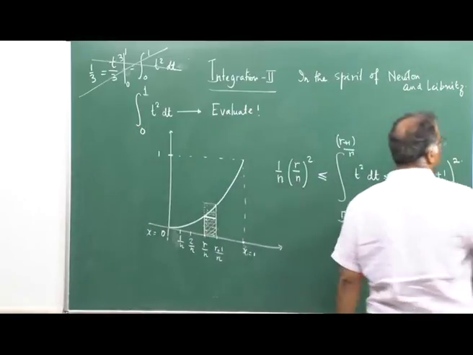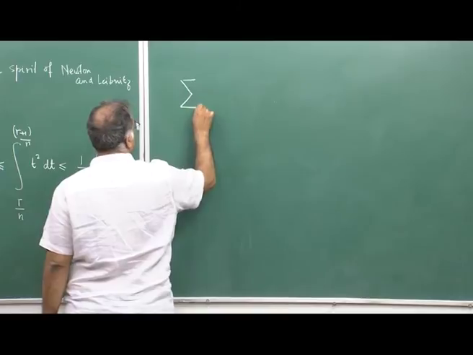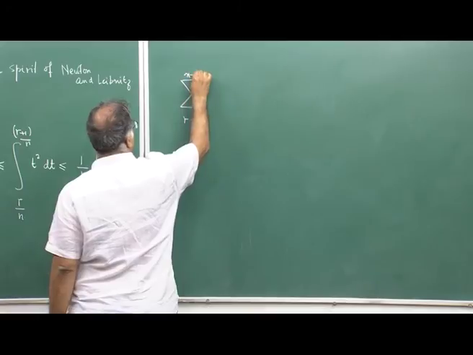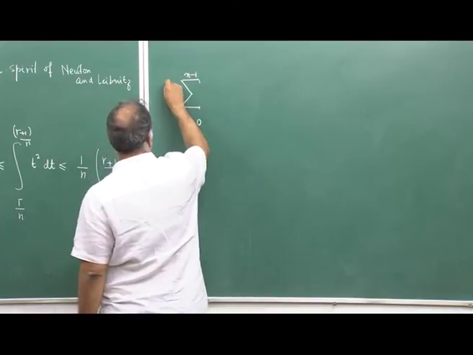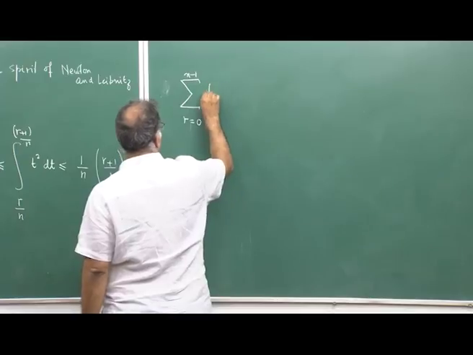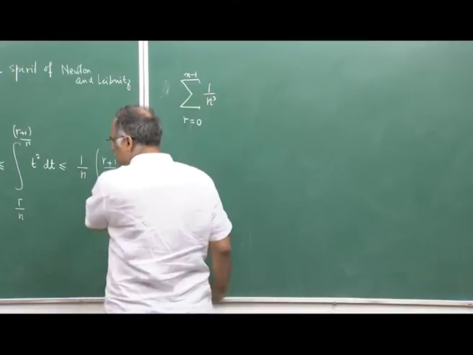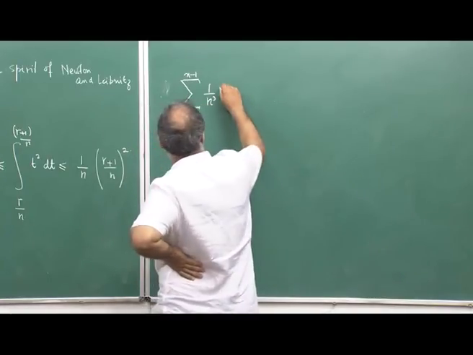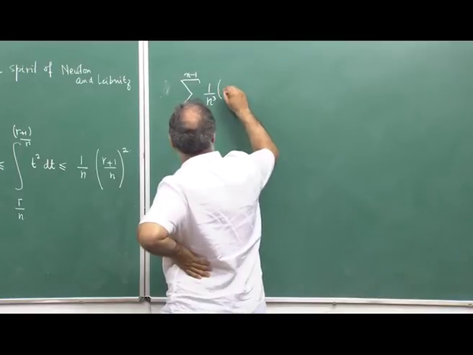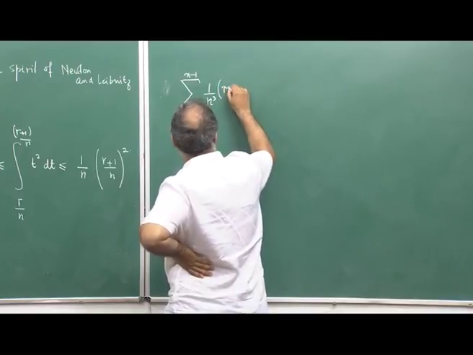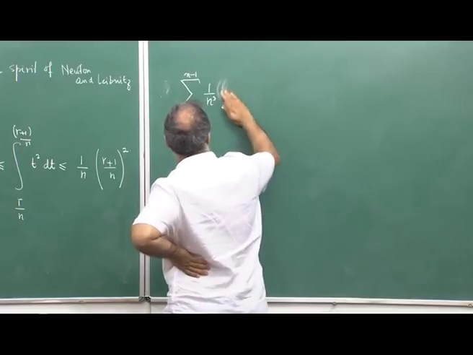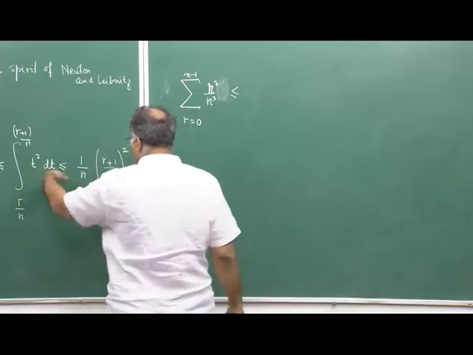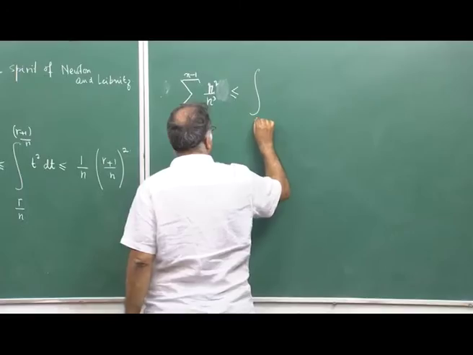So, basically I will have summation r equal to 0 to n minus 1 of r square by n cube, and this is less than or equal to, but if I sum these up, this will be nothing but the whole area. So, it is the integral